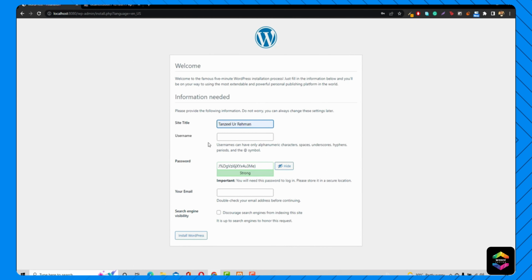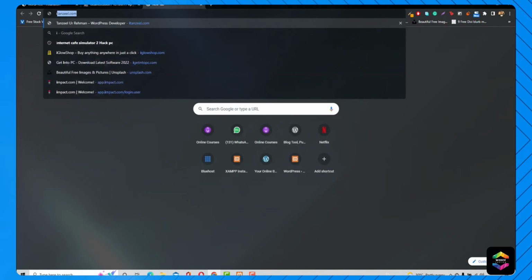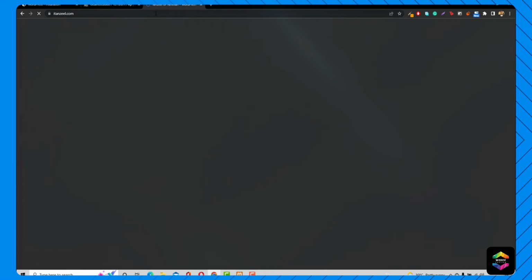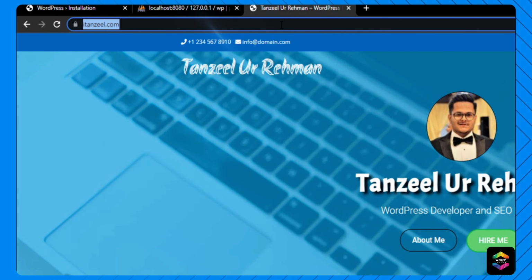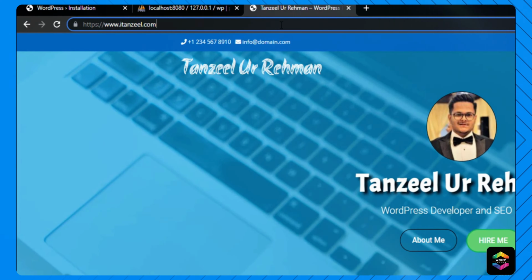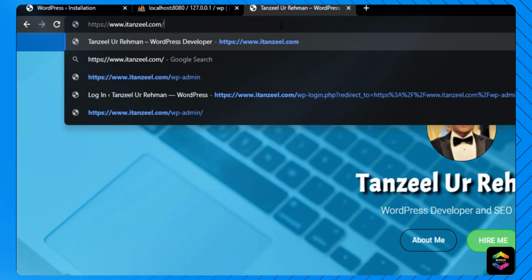So inside the site title, you need to enter your full name, and in the username, you can add anything in here, admin as well. Now remember, this username is going to let you log into your website. So if I open the personal website that I just showed you, and I want to edit this website, what I need to do is type in here